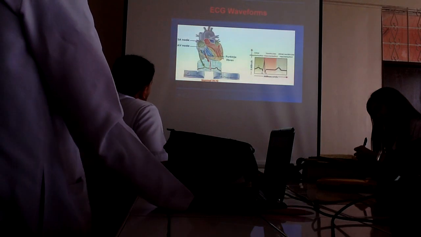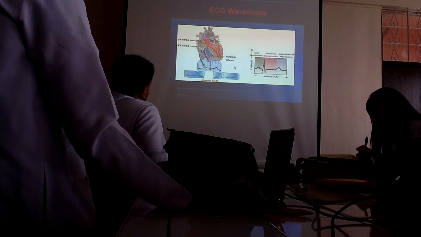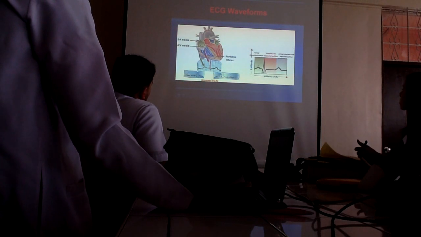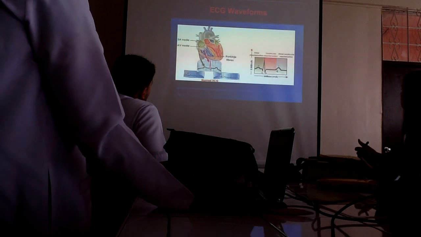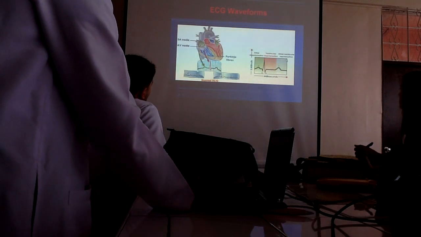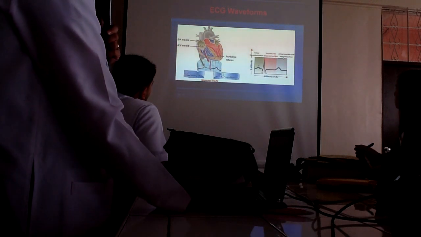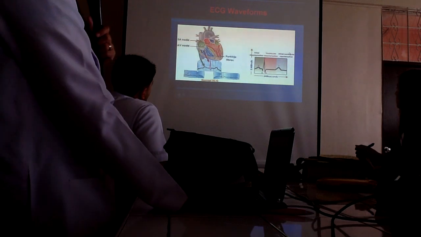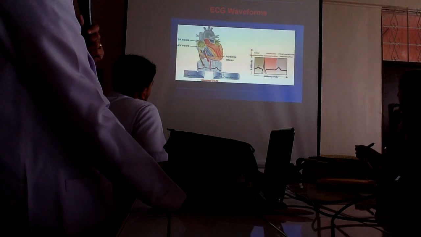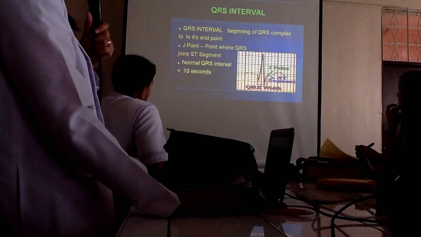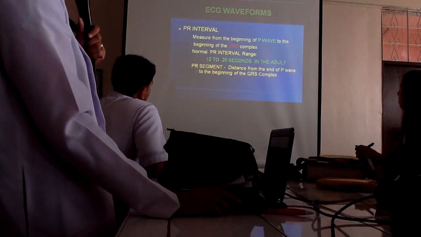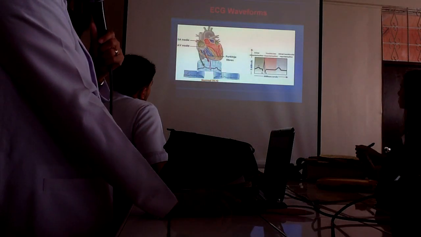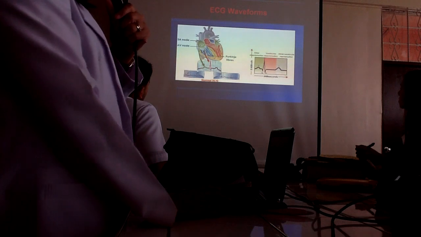So your ECG waveforms basically signify your atrial depolarization, your ventricular depolarization, and your atrial and ventricular repolarization. From the other class, I was asked why it's a combination of atrial and ventricular. I think from your lecture, it was said that the atrial is actually incorporated in between the QRS. But bottom line, there is repolarization. Okay, it signifies ventricular repolarization.